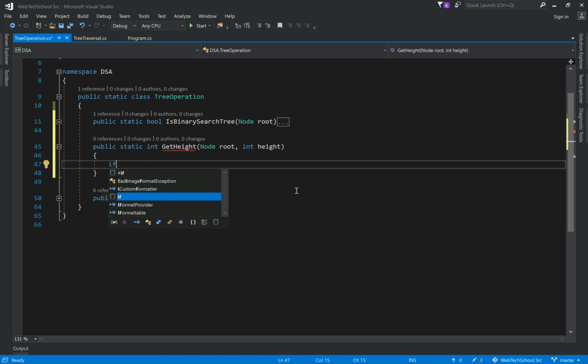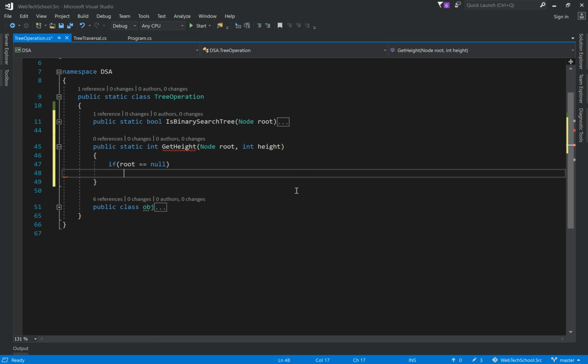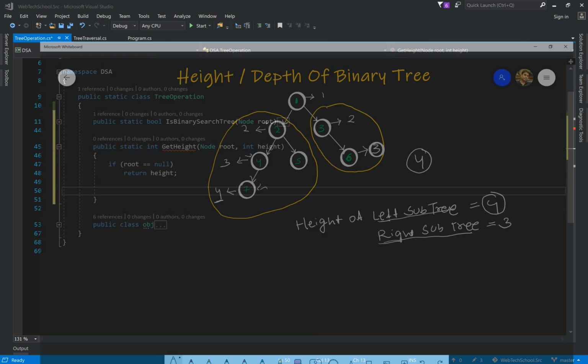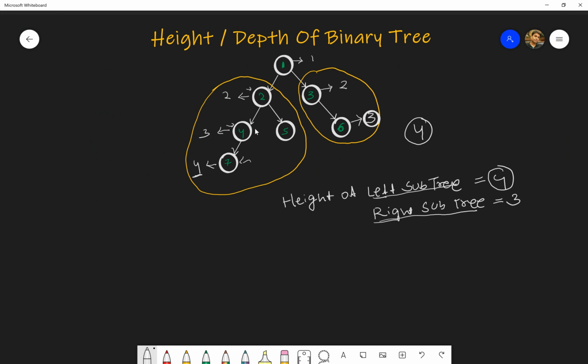I'm saying if root is equal to null, then I'm going to return the value of height. This value we can pass from the driver code or the main method. Now we want to find the height of the left subtree and then the height of the right subtree.